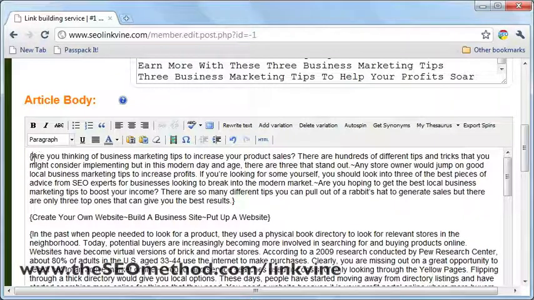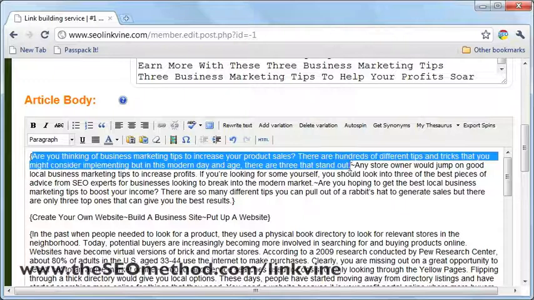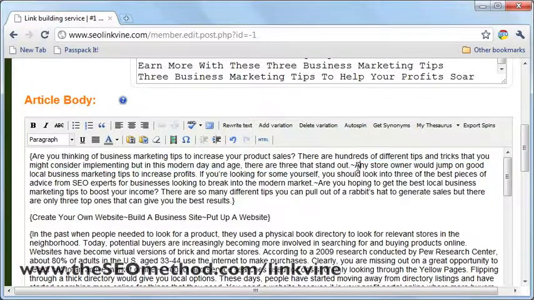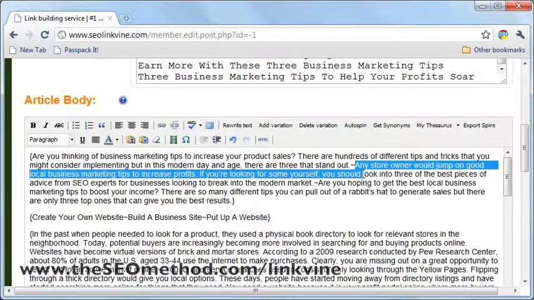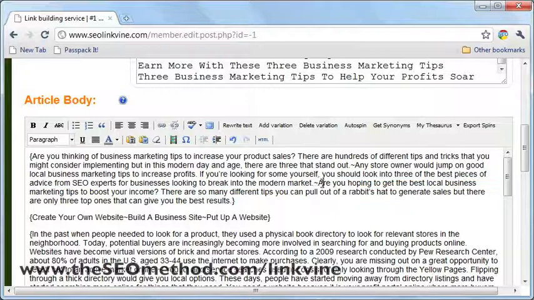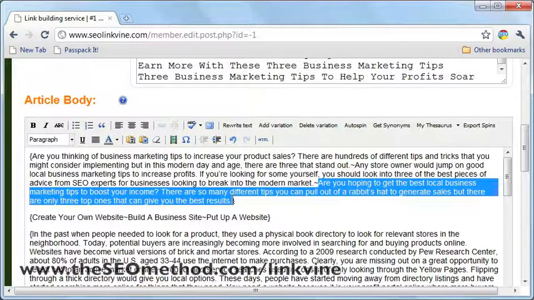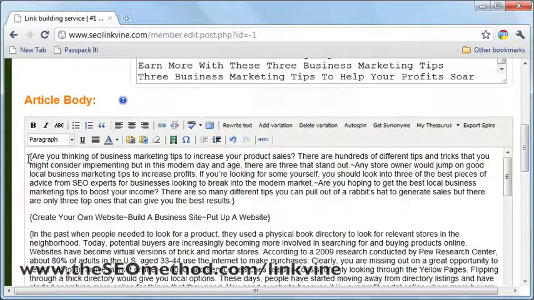If you notice, this is paragraph 1, the first version. After that we put the curly symbol here, and following that is paragraph 2, which is the second version. Then we put another curly symbol, and there's the third version of the paragraph. Then there are braces here, an opening brace and a closing brace. This is to inform SEO LinkVine that this is the first paragraph, and inside those braces are the 3